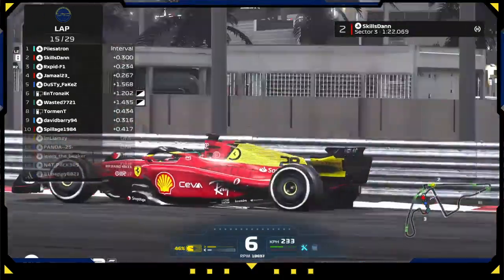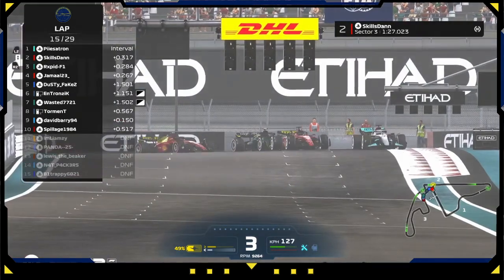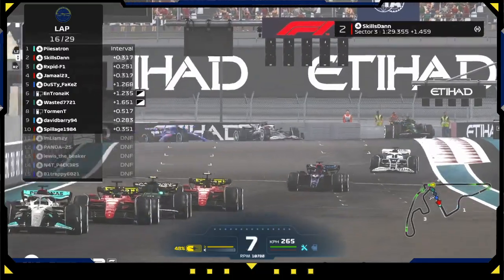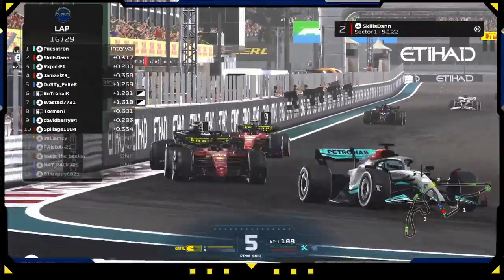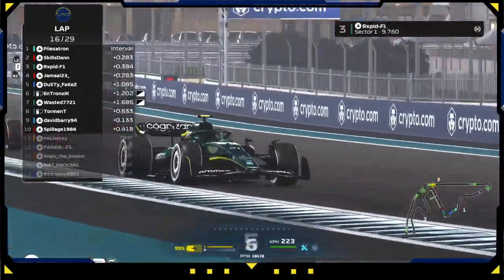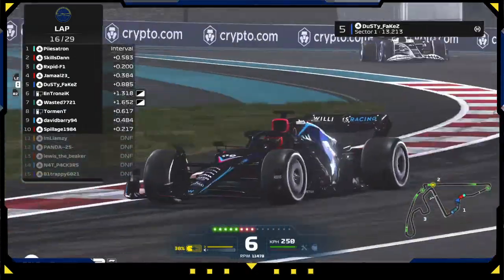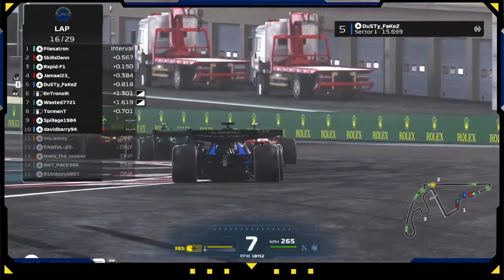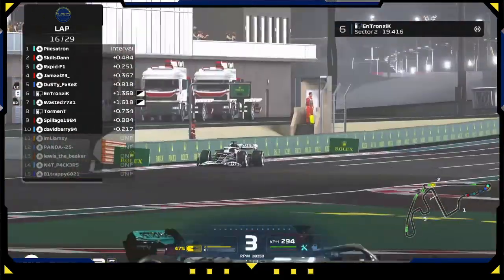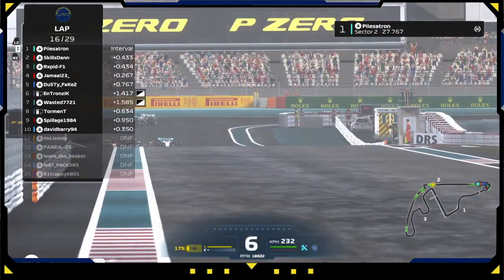P3, as we are seeing Skills Dan almost making a move, and they're gonna have DRS later on the race, later on this lap, as they're just coming across the 15th lap of the race, going into the 16th right now. Skills Dan 4 tenths behind, Rapid 3 tenths behind. Jamal three tenths behind, and we see Dusty Fakes coming quite a little closer. He's within that 1 second range already, so he's gonna have the DRS too. And we see that Tronic is also coming a little bit closer, as I need to sneeze quite heavily, so